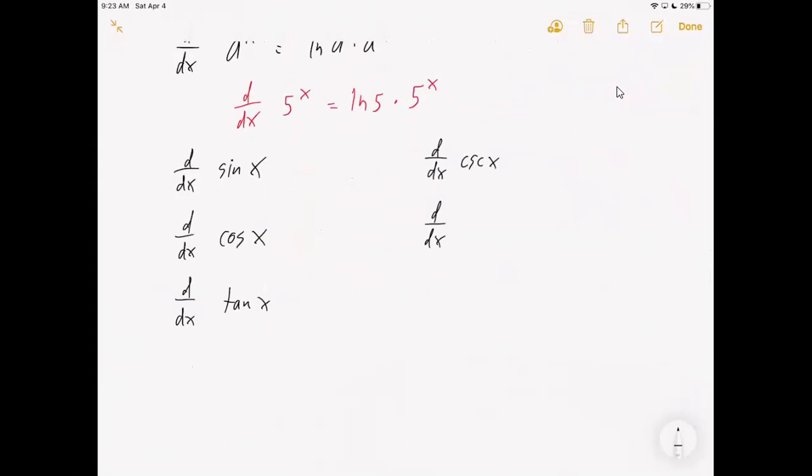Of, let's say that would be secant of x. Okay. So let's do this. So we should have these memorized. So this, hopefully you remembered, is the basic one. We start with the sine, because its derivative